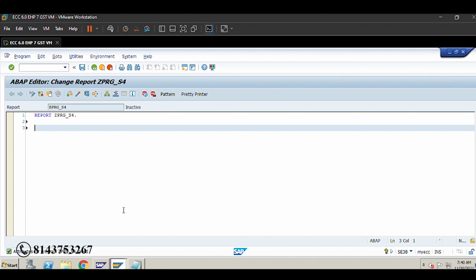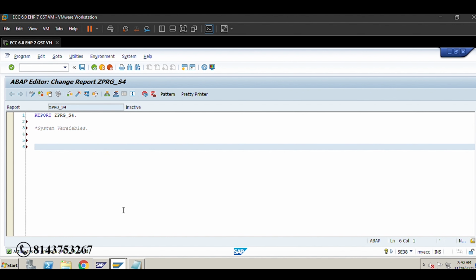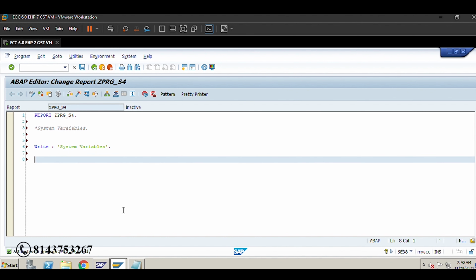We also see single line comments or multiple line comments. See here, system variables we have mentioned in one line.